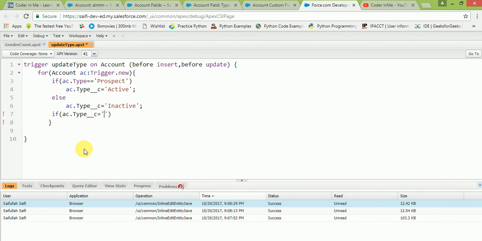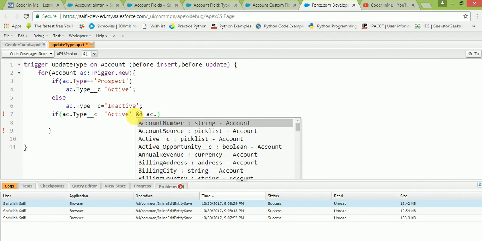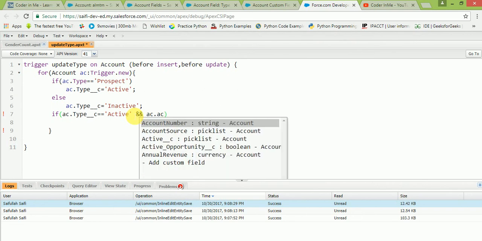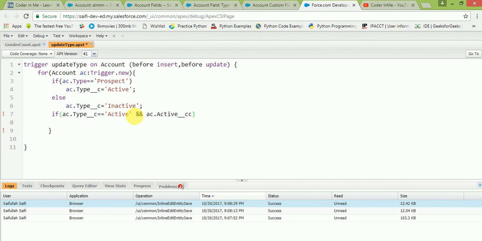If ac.type__c is active, this means that the active field should be yes. If that field is equal to no,